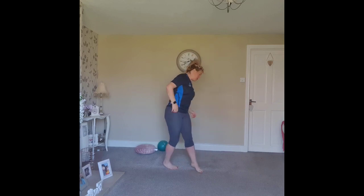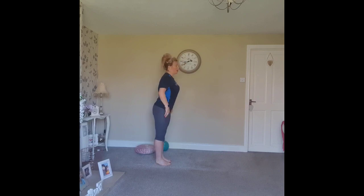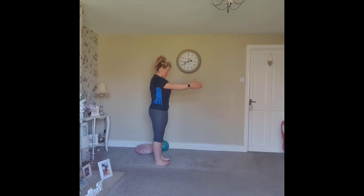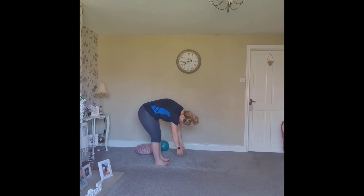Come and stand to the side of your mat. We draw our abdominals in, shoulders are nice and tall. As we exhale, we're going to slowly come into a roll down, bringing the chin to the chest. Slowly starting from the top of the spine, and we segmentally roll all the way down to the floor wherever you feel comfortable. If you need to bend your knees,